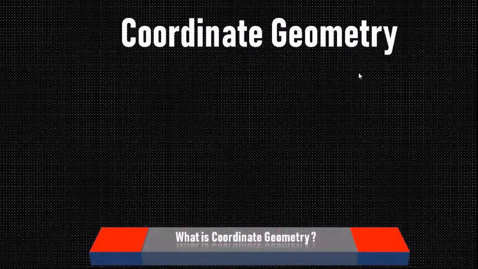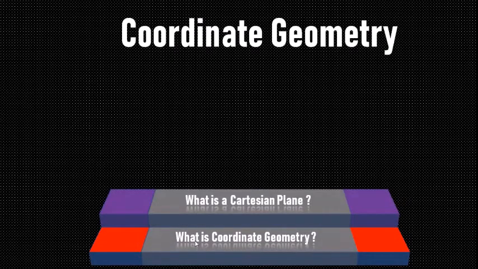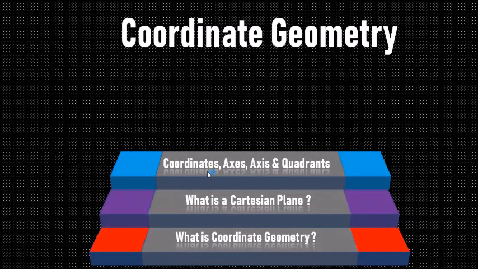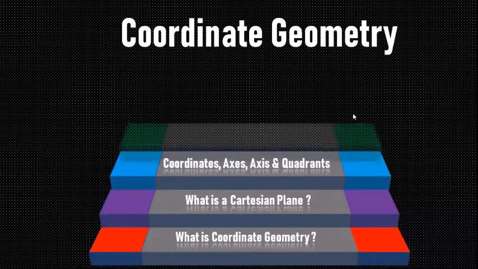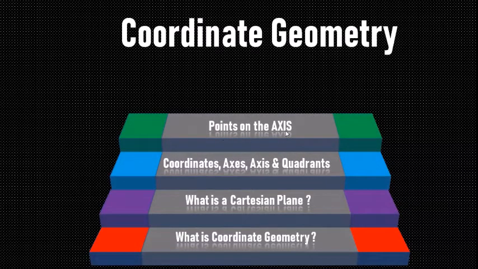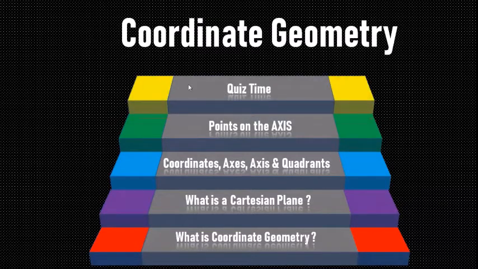So we begin with coordinate geometry today. In today's lesson, we are first going to recall what you have done in class 8 vis-a-vis what is coordinate geometry. We will recall what is a Cartesian plane, followed by a few technical terms: coordinates, axis, and quadrants. If you notice here, these two words are pronounced in the same manner, but AXES is a plural of AXIS. After that, we are going to plot few points on a particular axis and we'll summarize the lesson with a